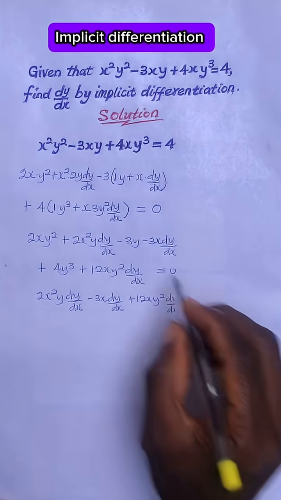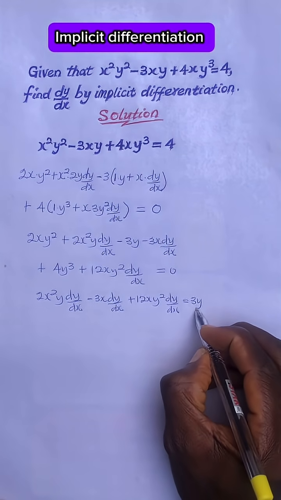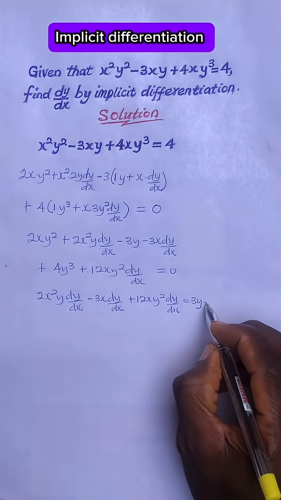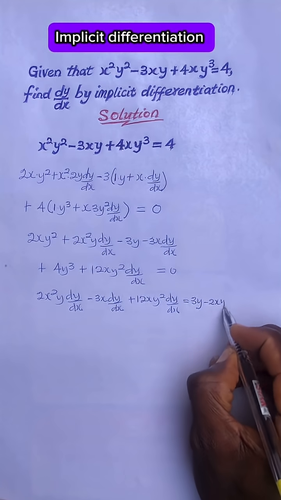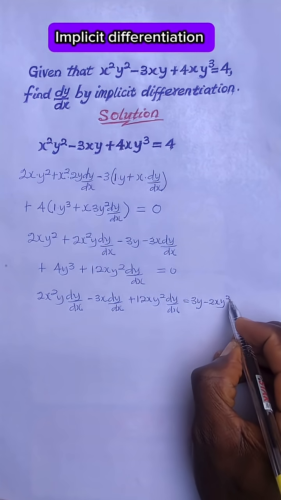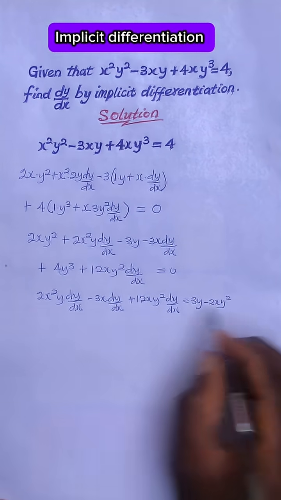So we have 3y, and then this becomes minus 2xy squared, and then we also have this minus